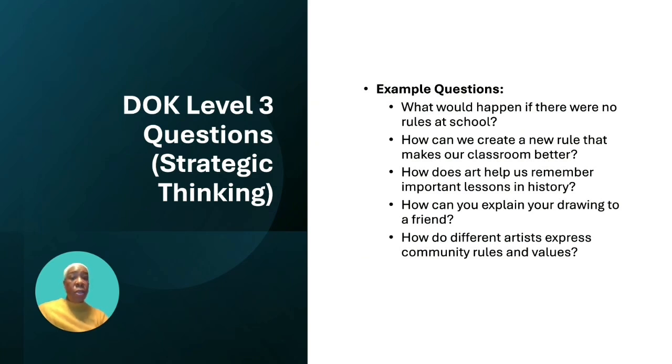Level three, again, now you want to hone questions that will get them to start thinking strategically. What would happen if there were no rules at school? Oh my goodness. What would happen? We know what would happen, but we want to know if our students know what will happen. How can we explain, let's say in art, we put the elements of art into it, and